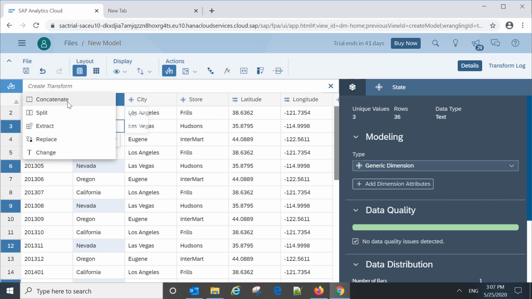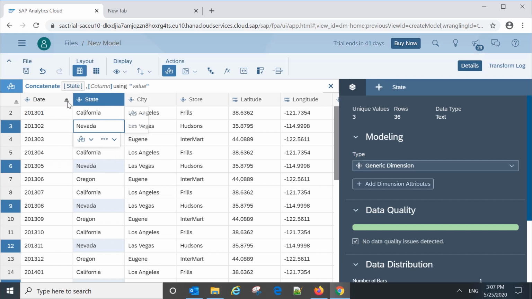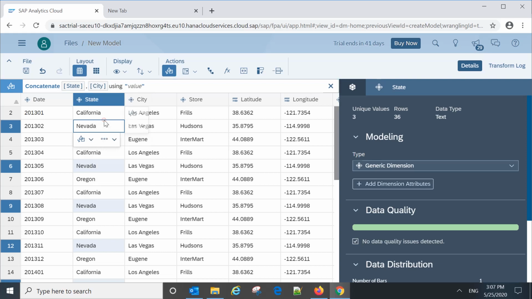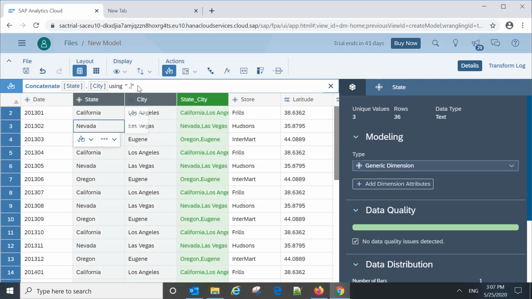So when we say concatenate, it means we can concatenate two columns. Suppose we want to create a separate column which says state and city. I want to concatenate, and we want to put some character in between those. That we can do with this.